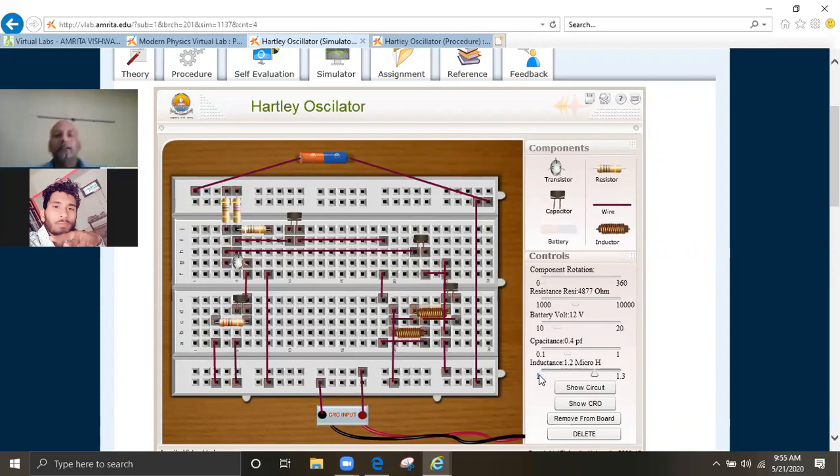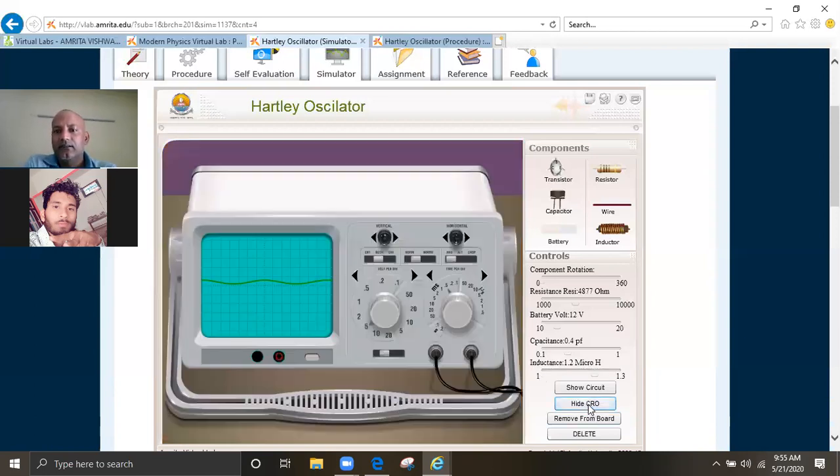For your knowledge, you can also take different values for different frequency.